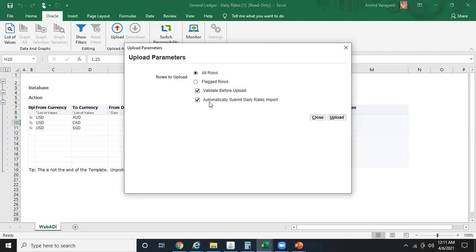And ensure that you check the checkbox of automatically submit daily rates import, so that once the data is pushed to your GL daily rates interface from this WebADI template, the system takes care of automatically importing them into GL.